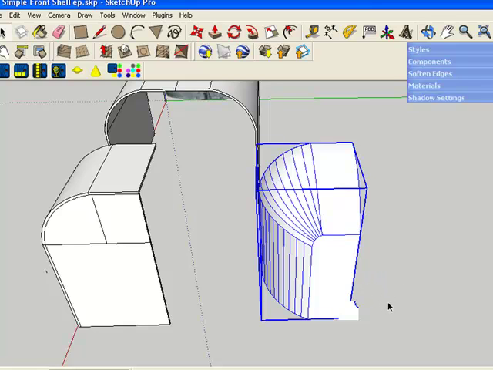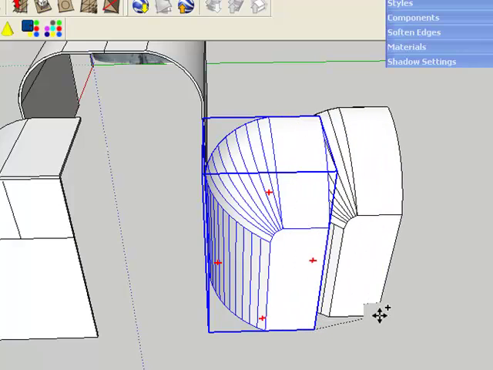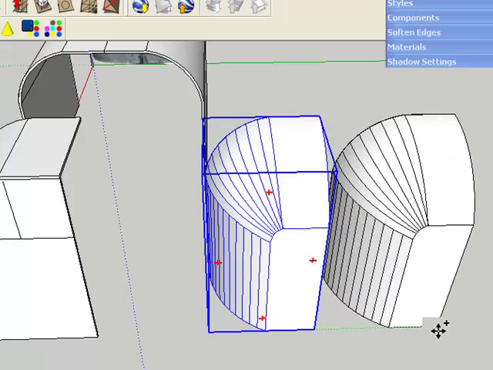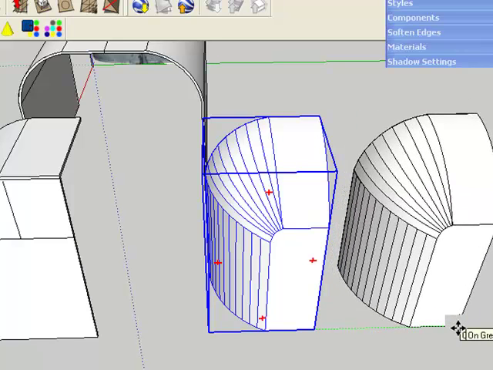Alright, so what we're going to do now is our duplicating process so we can create the other half. So we need the Move tool, just kind of as a review. This is the Move tool up here, but we can also get the Move tool by clicking on M, bringing it to the corner, clicking the right button and holding it down, pushing the Control key and holding it down, and sliding our reproduction out. Remember, watch that green line. We want to keep it right straight across. Release